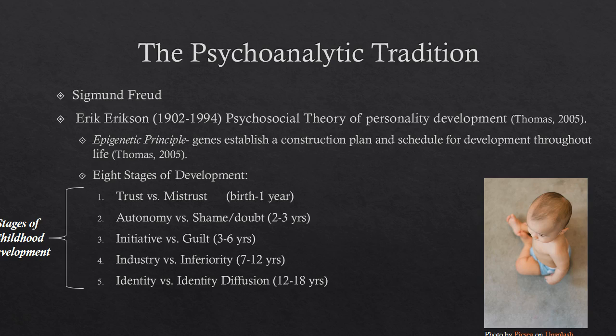During the adolescent stage, that would be identity versus identity diffusion, and this is when the child becomes an adolescent and starts to develop their sense of self. Childhood doesn't really fit that view anymore, so they're starting to branch out, be a little bit more independent, and think about who they want to be as an adult.